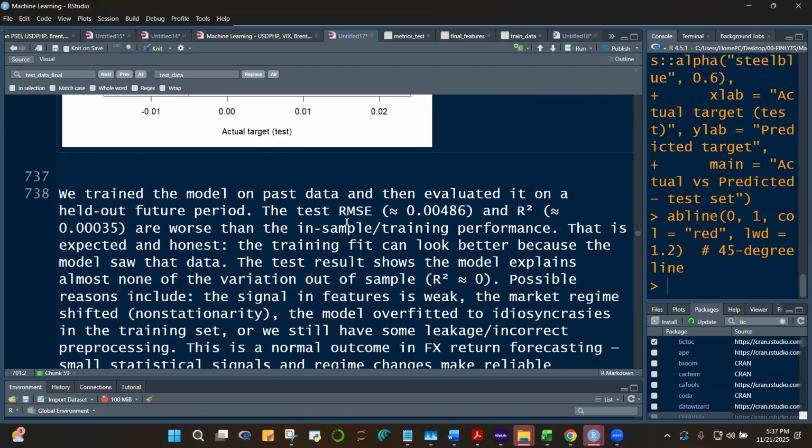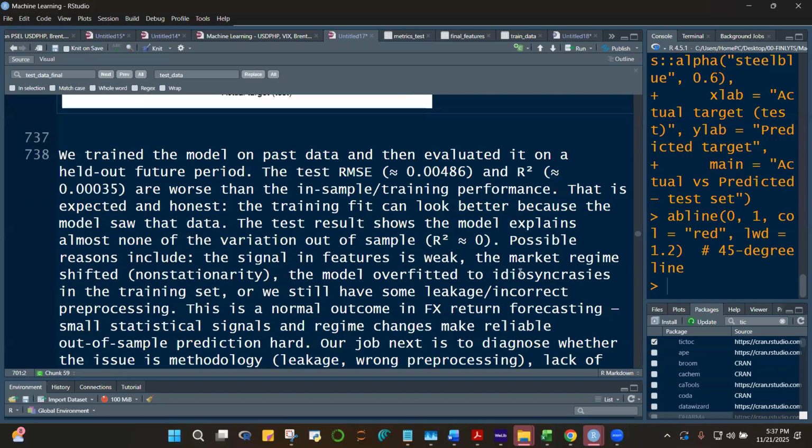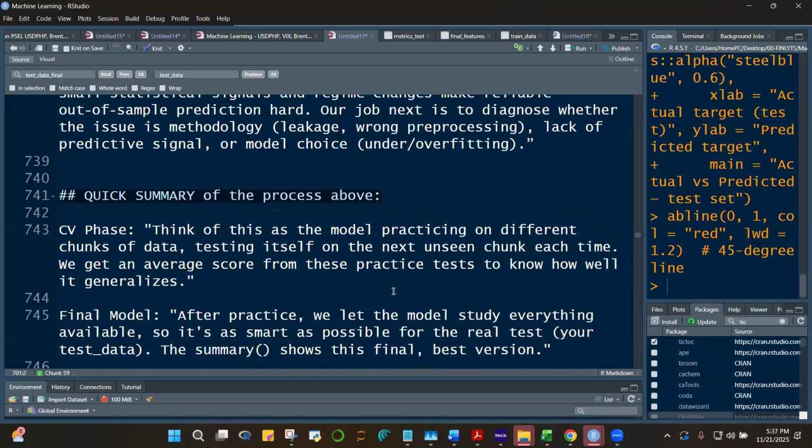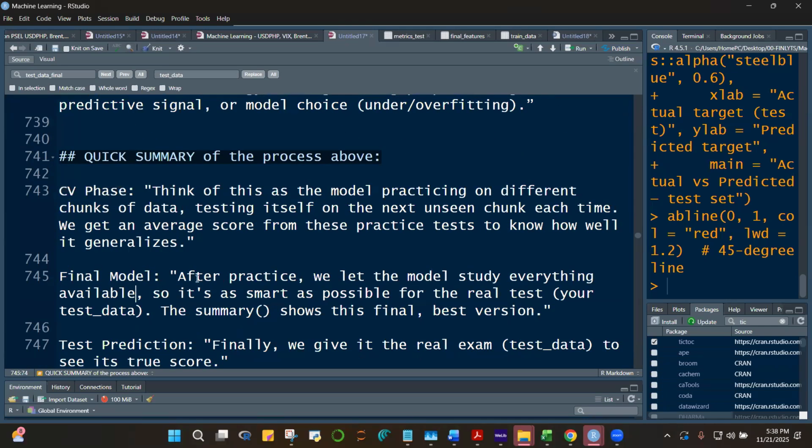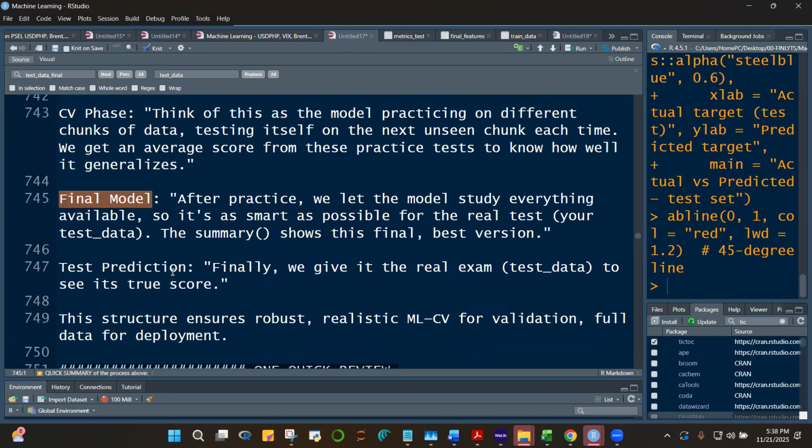All right, so this is just a summary, class, of what we did. Here is a quick summary of the process above. What did we do? We have our cross-validation phase. Think of this as the model practicing on different chunks of your training data. You test on the next unseen chunk, and then we get the average. Then we use all the training data to create the final model, class. And then we use it for predicting,